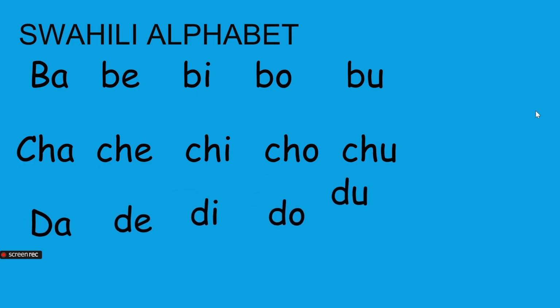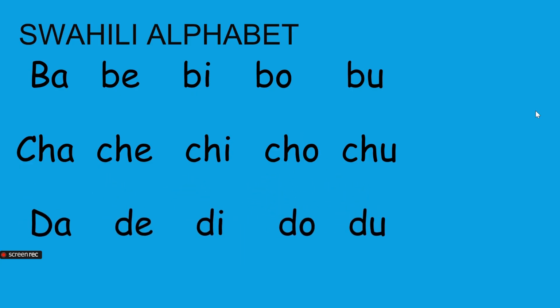This will help us in pronunciation in such a way that we know that vowels combine with consonants to form syllables, and the vowels combine with each letter of the alphabet, unless it's a vowel which can stand alone. So we have ba, be, bi, bo, bu, cha, che, chi, cho, chu, da, de, di, do, du,